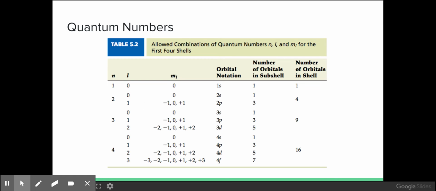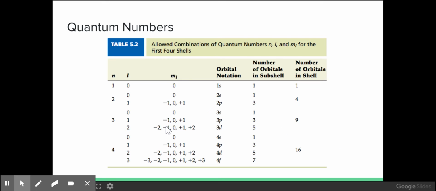The answers that came out of Schrödinger's equation actually had numbers, and these are called quantum numbers. N is the principal quantum number, and then we have the angular quantum number, or azimuthal quantum number, then we have the magnetic quantum number and the magnetic spin quantum number, which isn't represented in this chart. But we don't really use these numbers or notation because it's a little bit easier for us to use these terms that we've heard before, 1s and 2s and 2p and so on, to describe orbitals, subshells, and shells. And that's what we're going to do.